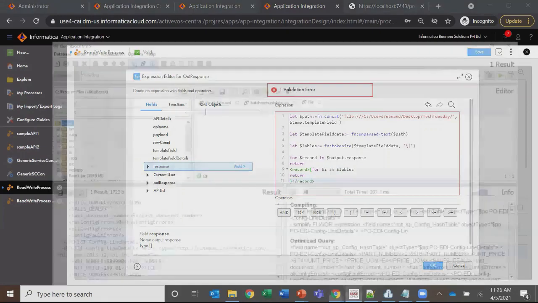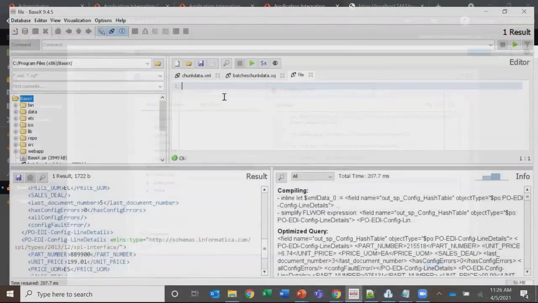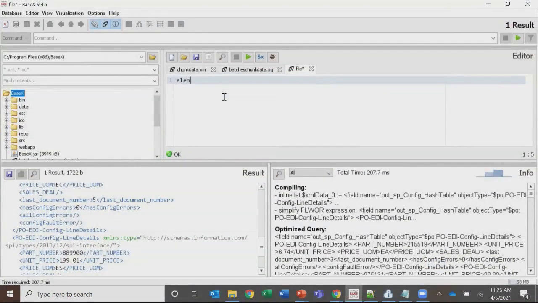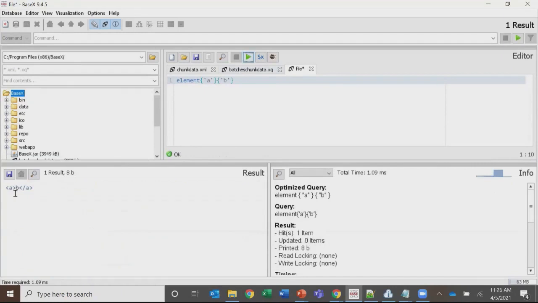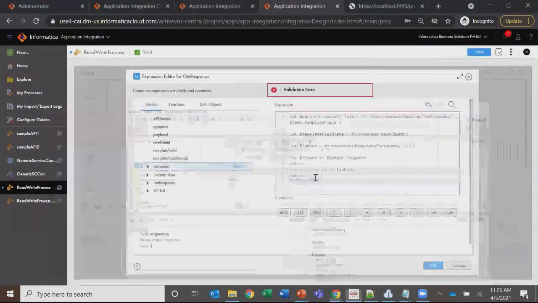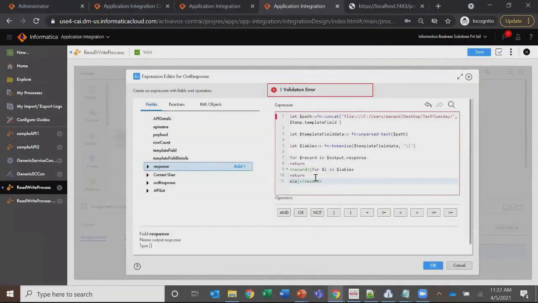Now here, we will use a function, we call it element. If we execute element like this, it gives us XML like this. So we will use this concept to generate our XML data based on the template field. The first section will describe the tag, and the second will describe the value. So the tag will be our $i, which is the label, right? And then the value,